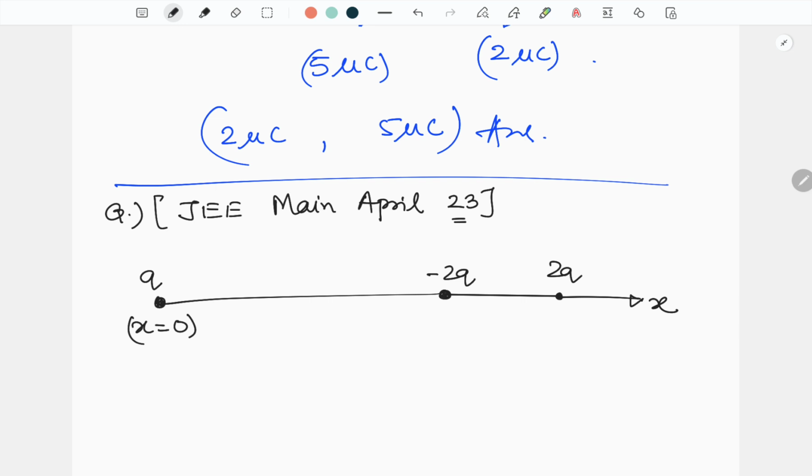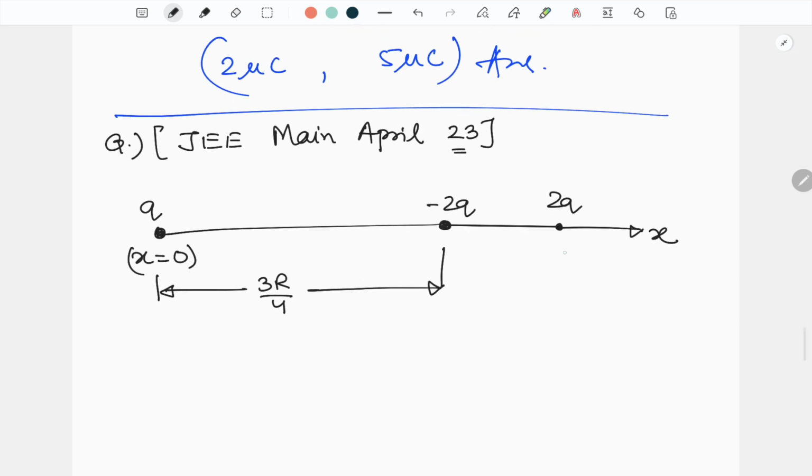Minus 2Q coordinate is 3r/4, and plus 2Q coordinate is r. Okay, so in the diagram it is given like this,